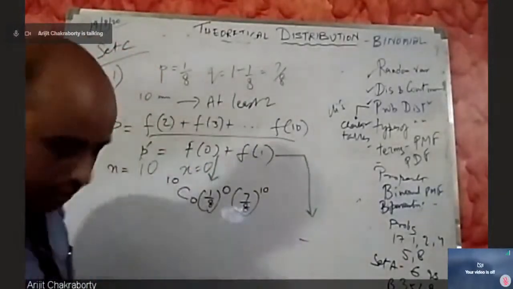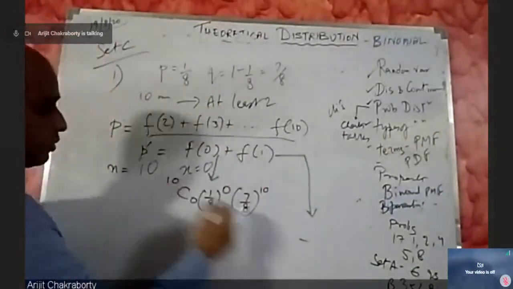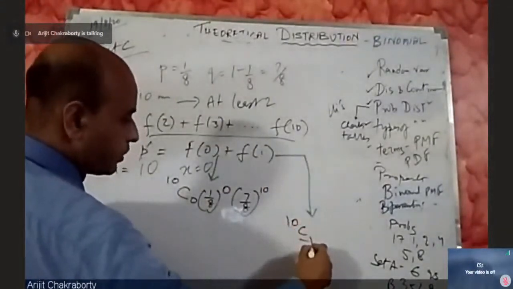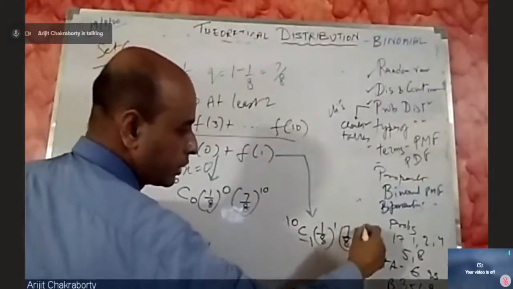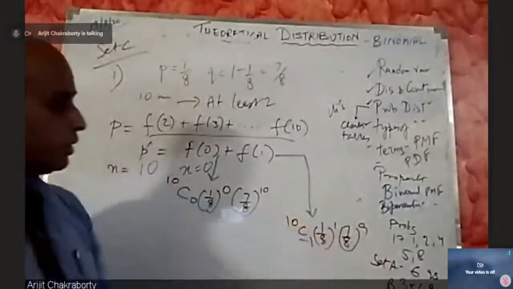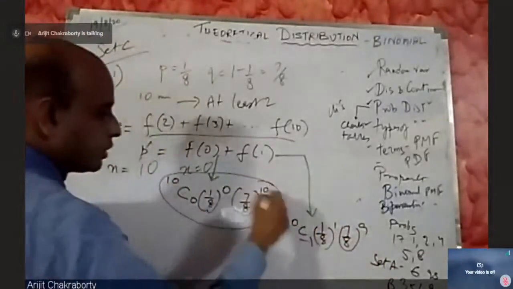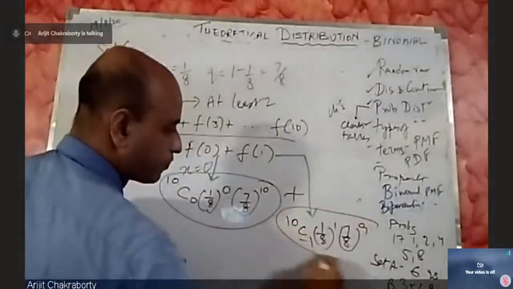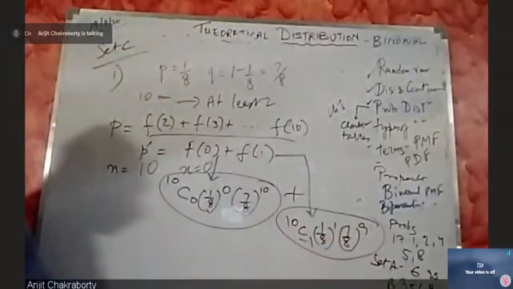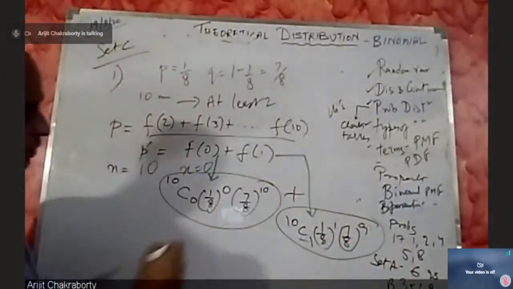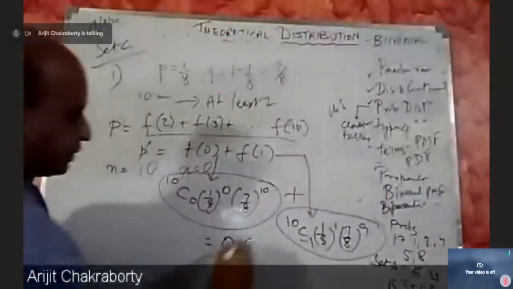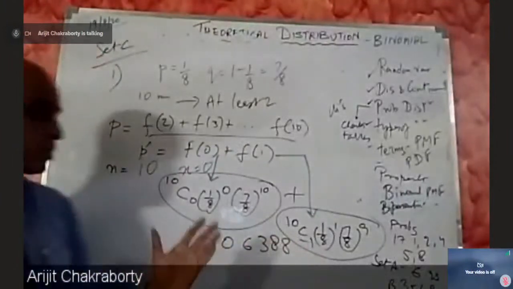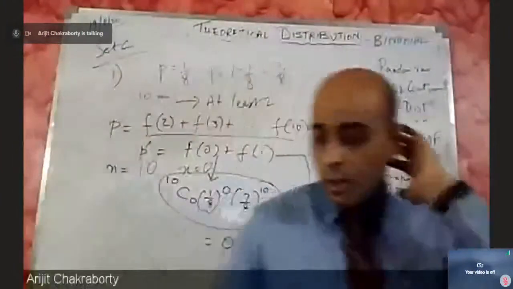For X equal to 1, that is F1, it will be 10C1, (1/8) to the power 1, (7/8) to the power 9, because 10 minus 1 is 9. You have to add this plus this. If you add them, you will get 0.6388. That means the probability of hitting,